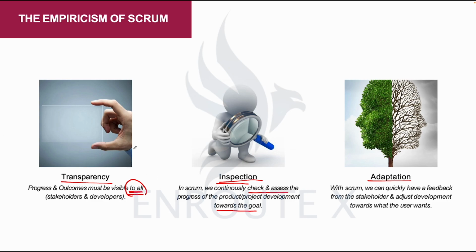And the third one is adaptation. Adaptation works with inspection. Really, the three of them work together. Where there is transparency is where you can inspect closely. When you inspect closely, you find some other things that you want to bring improvement on. So adaptation: once something has been inspected and deviations or issues have been identified, the Scrum team must adapt to address them.